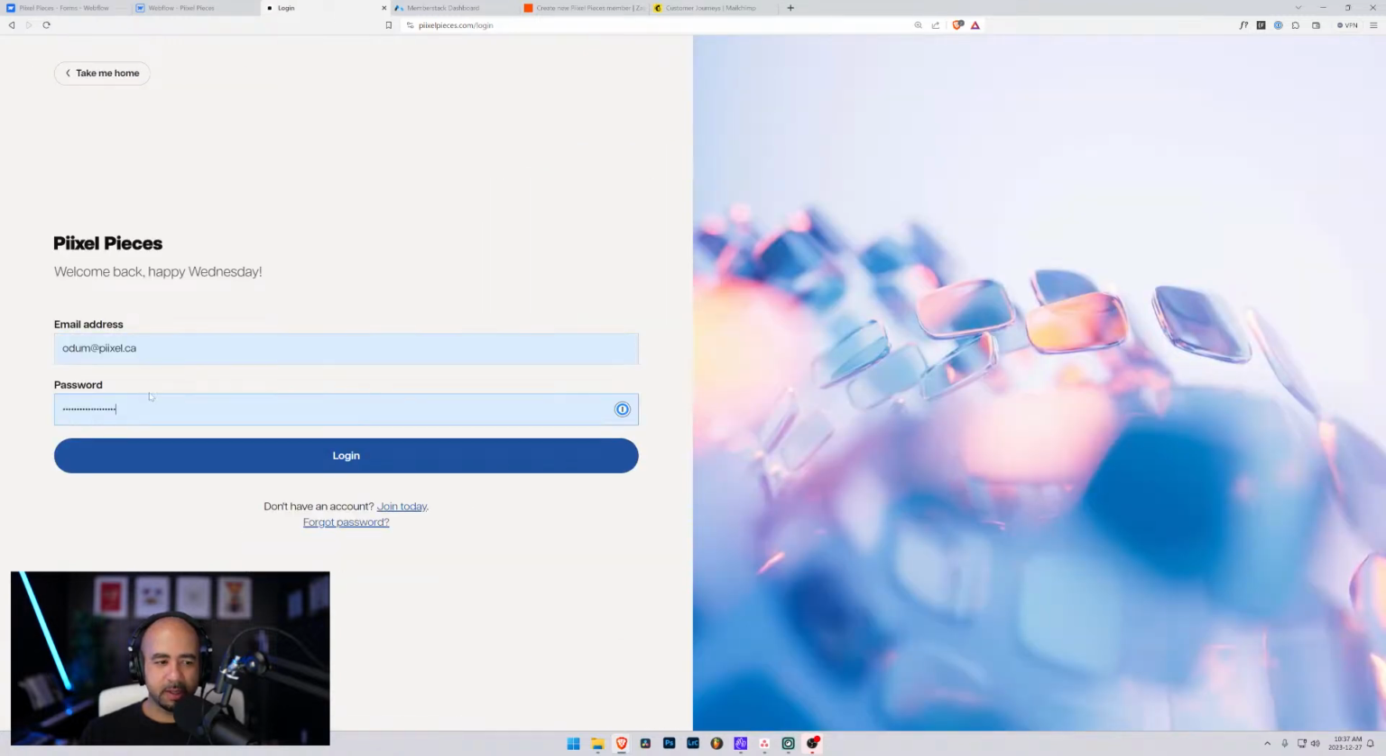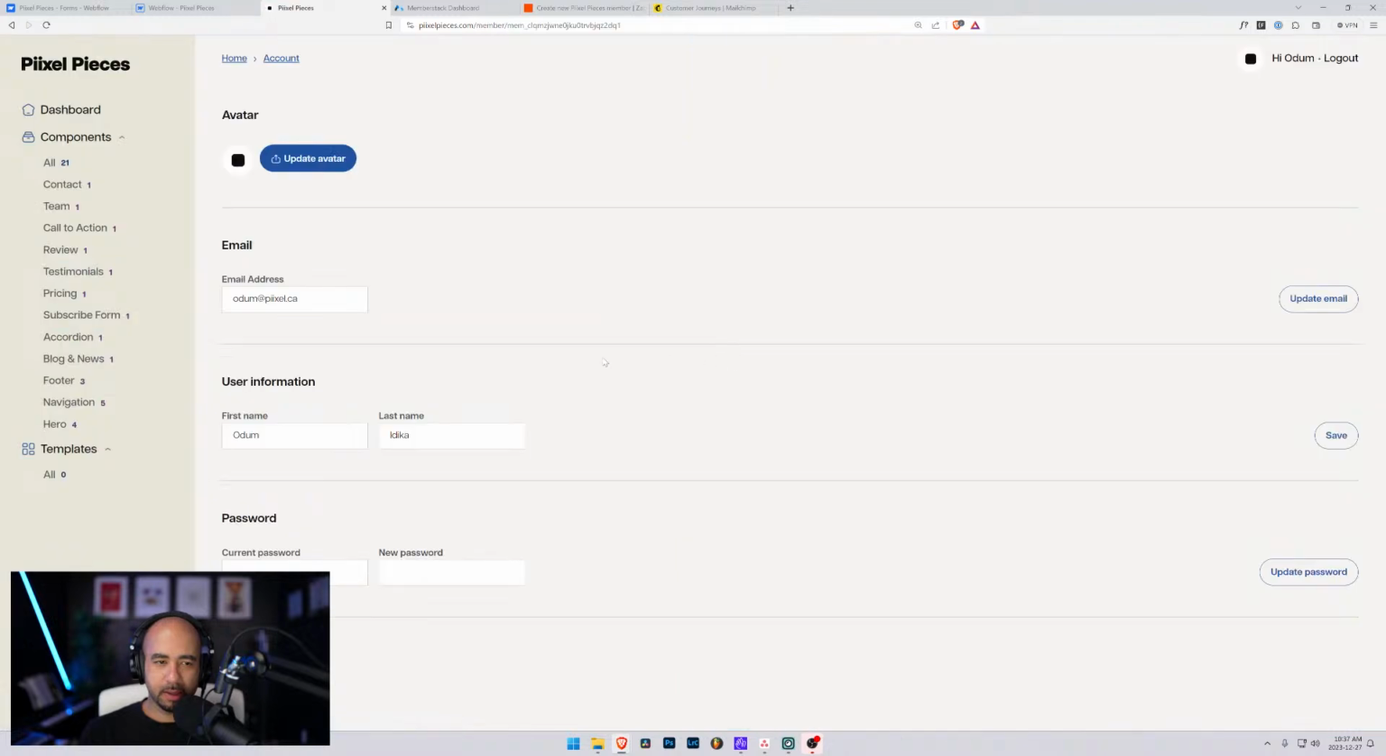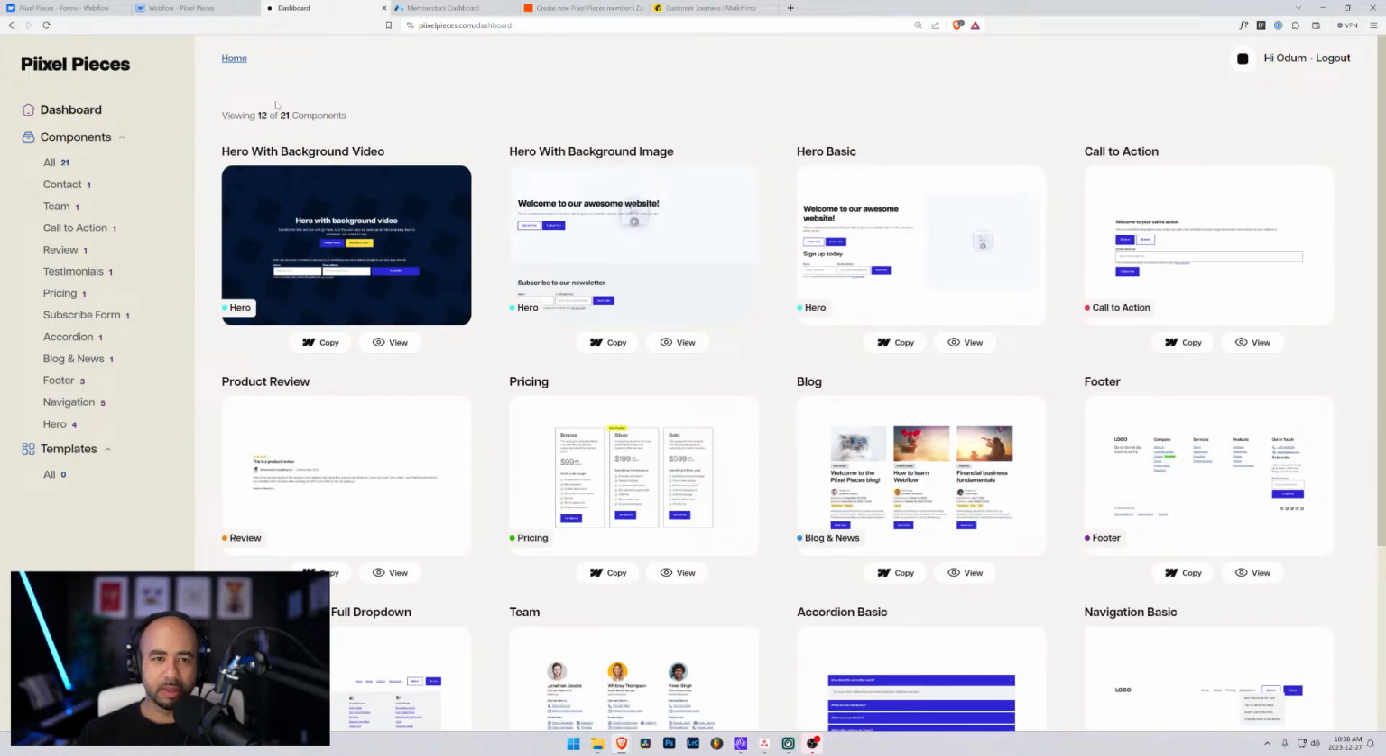People log in. Yeah, everything should be working as is now. So we're good. Although when people log in, they should go to the dashboard, not to